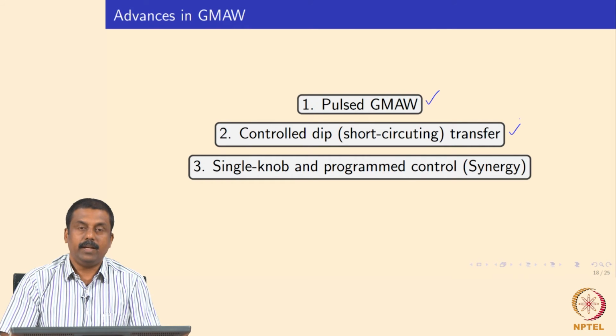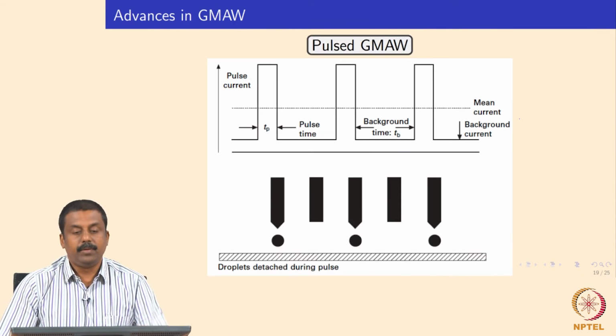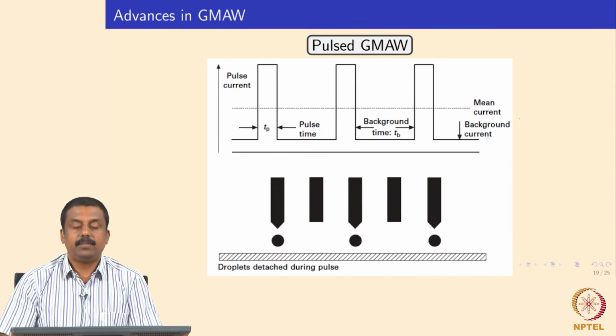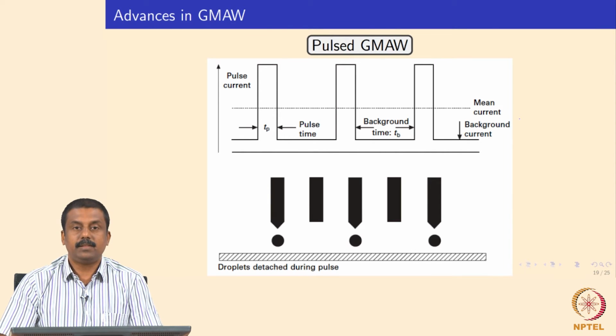We move on to the welding metallurgy case. The first, as I had explained, the pulse GMAW. The pulse GMAW process is very widely used in order to reduce the mean current of the process, so that we can also reduce the heat input. So the main advantage of using pulse GMAW, as I already explained, is that we can attain the spray transition at a much lower mean current than if you use a constant current.